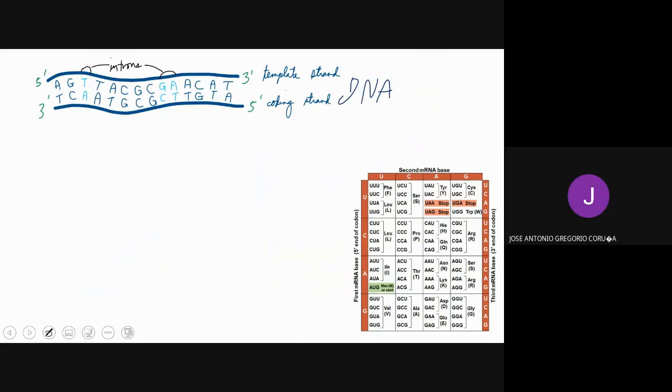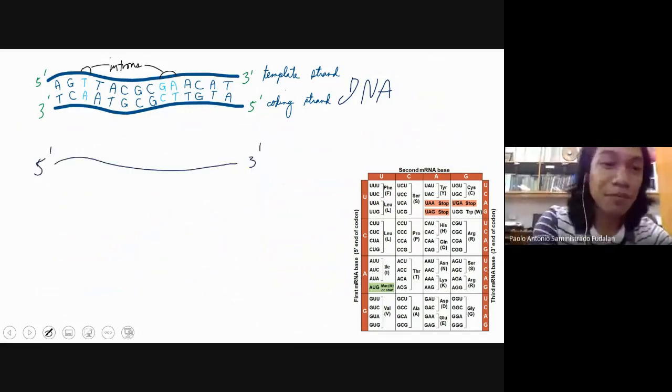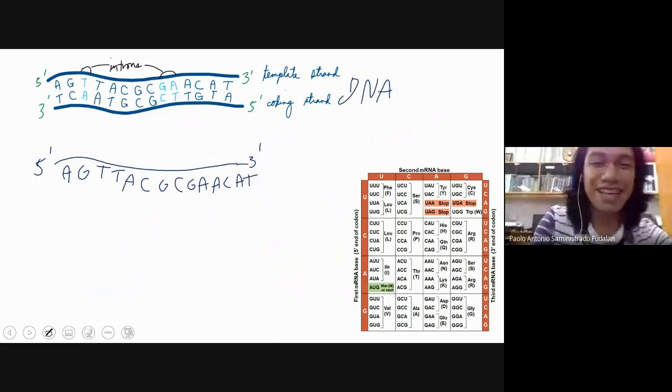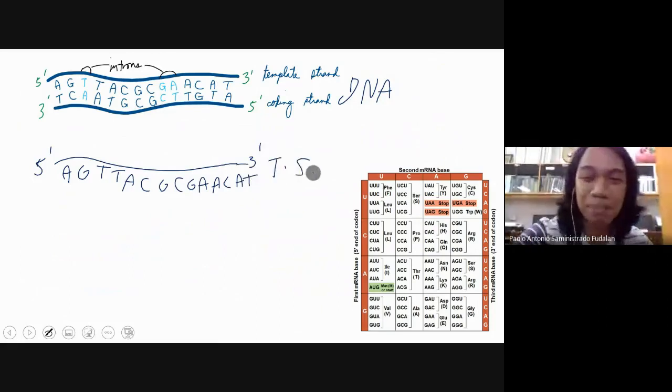The template strand. All right, so the template strand. So let's copy the template strand. So we have 5', 3', we have A, G, T, T, A, C, G, C, G, A, C, A, T. Okay, there's our template strand. So this is a template strand. The coding strand is not